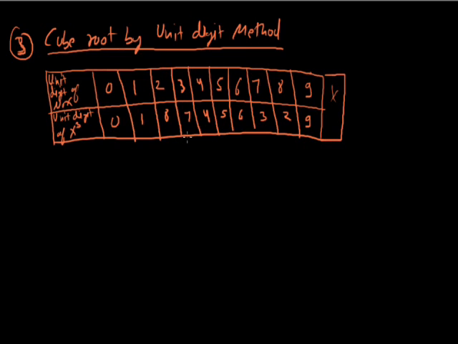So what we observe is that if a number has a unit digit 0, the cube of that number also contains the unit digit 0. If a number contains a unit digit 1, then its cube also contains a unit digit 1. So we have to remember this table. Okay. Now how can we find the cube root this way? Let's see an example. Let's say we have to find the cube root of